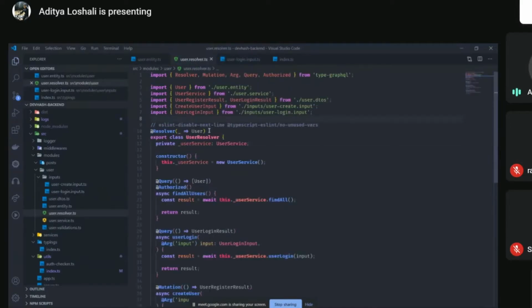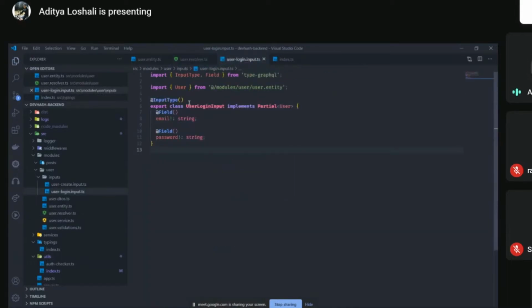Like every resolver file needs to be decorated with a resolver, to mark an input, you need to decorate it with input type. And then this is the way of defining the input schema or the return schema, where the field is the thing which marks the type of the property.